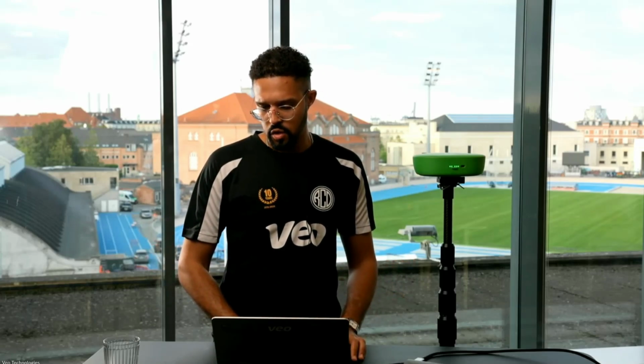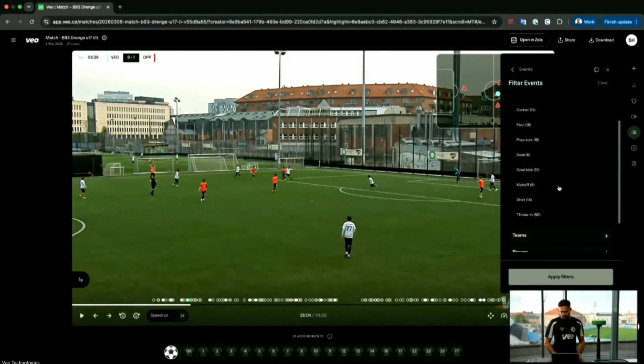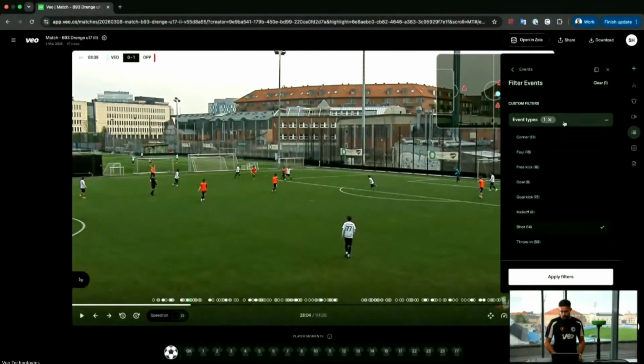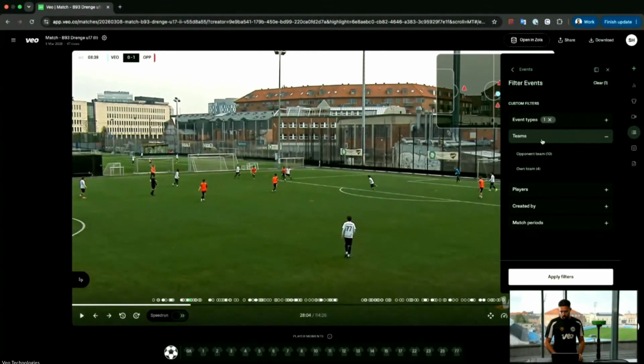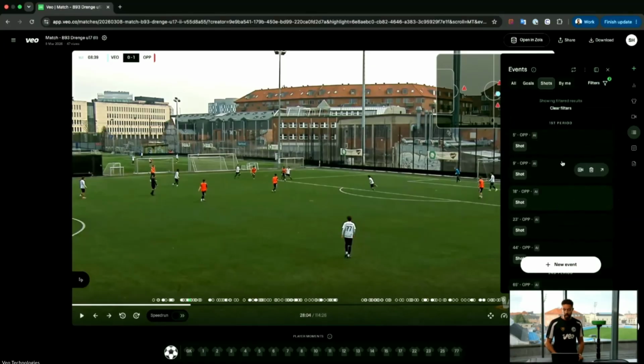So you can go here, clear the filters, pop into the filters, event types. In this case, I could go for shots, right? Collapse the menu, pop open teams, and then pick opponent team. And already you can see the opponent team had 10 shots off versus our 4 in this game. It sucks for us, right? But now we can go through all the 10 shots that they took against us,